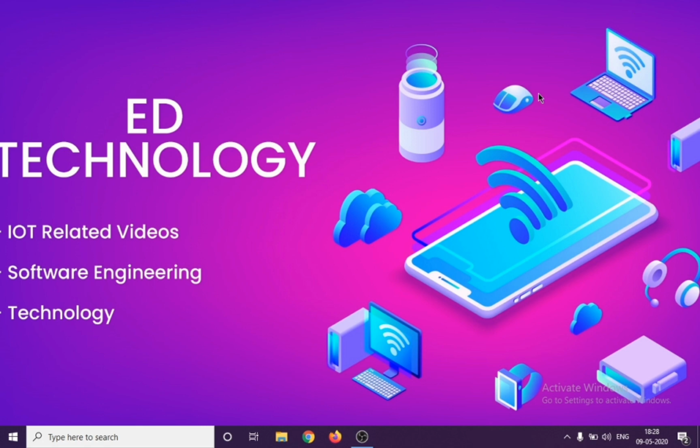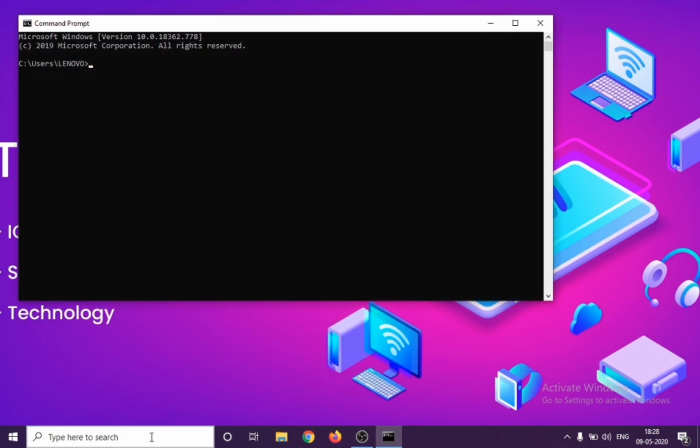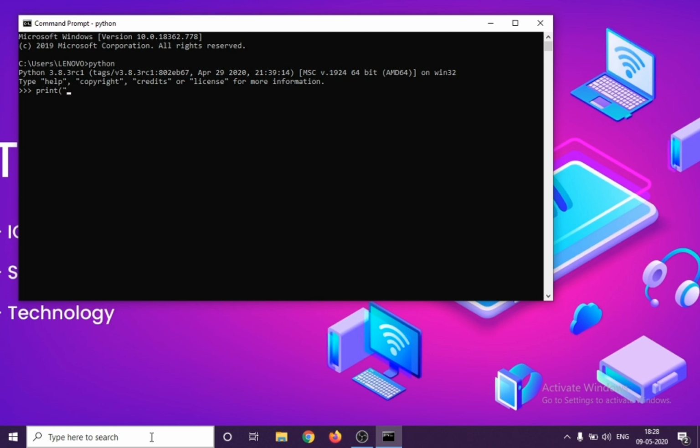So I'll share the first step. You can go to command prompt. If you have installed Python, just by writing Python in the command prompt, you will get the prompt for writing Python programs. So here you can write a simple print using double quotation. I'm writing hello ED Technology,